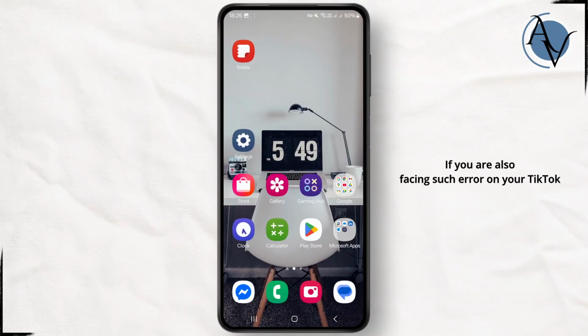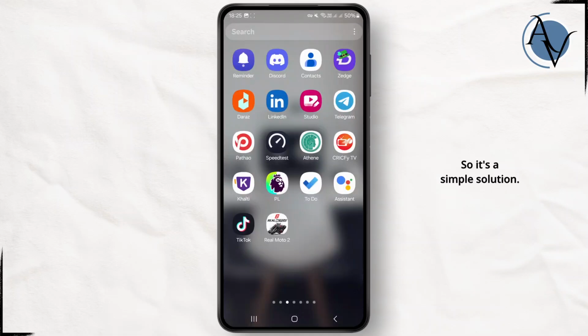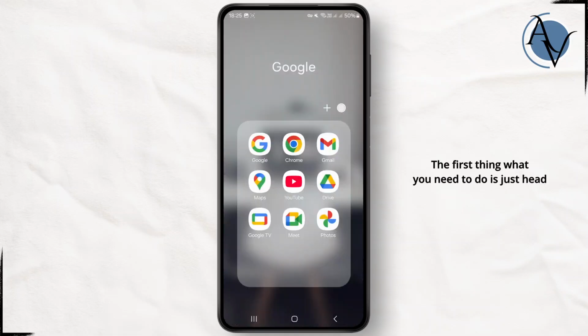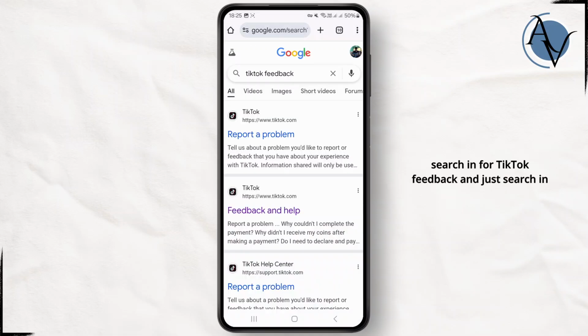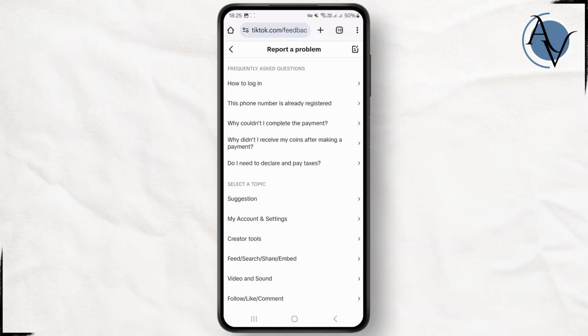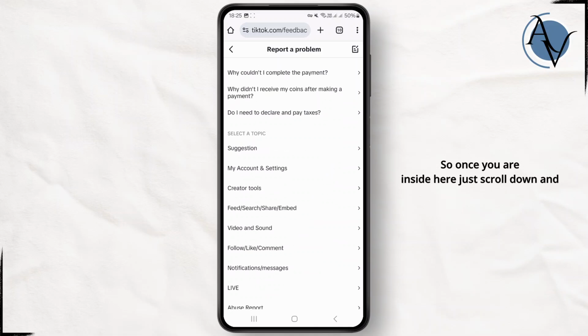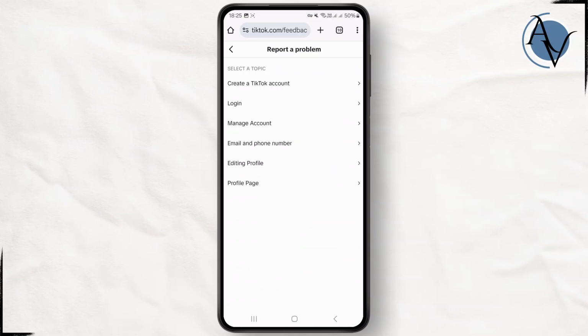If you're also facing such an error on your TikTok, whether you're using Android or iOS, there's a simple solution. The first thing you need to do is head over to any of your browsers and simply search for TikTok feedback, then click on this Feedback and Help. Once you're inside here, scroll down and click on this Account and Settings option, and simply click on